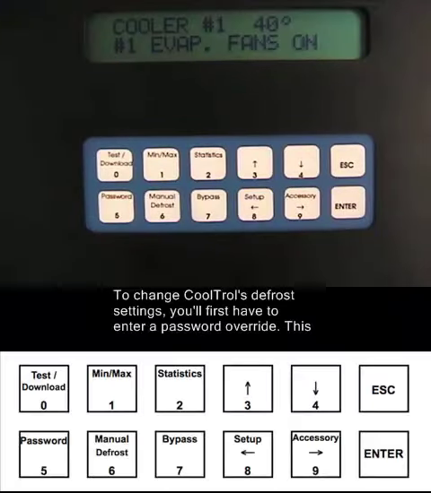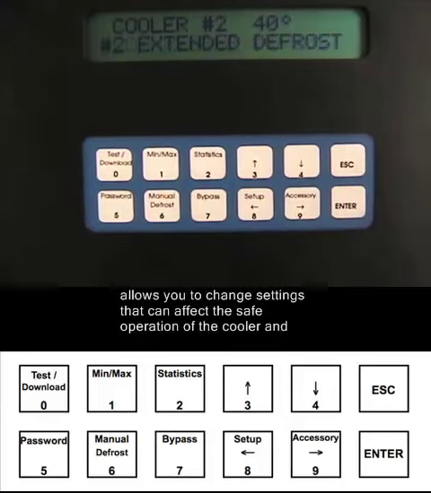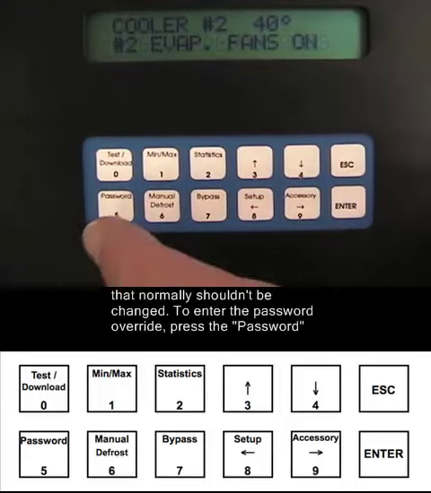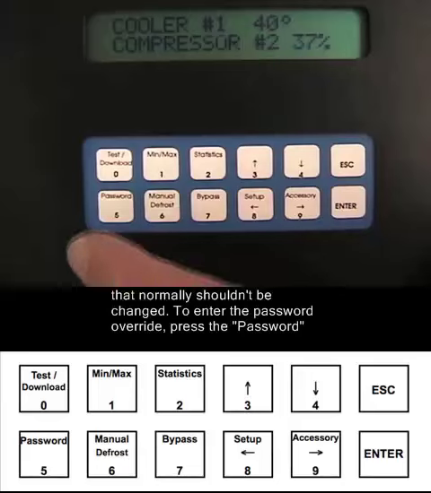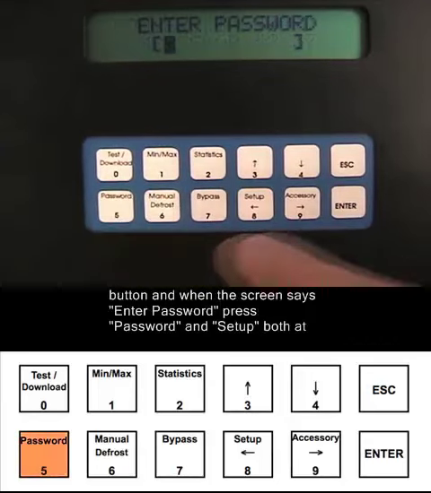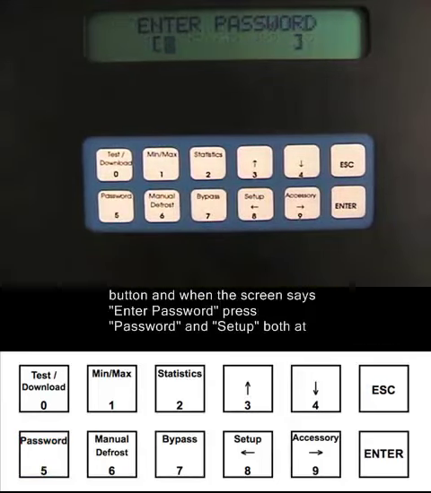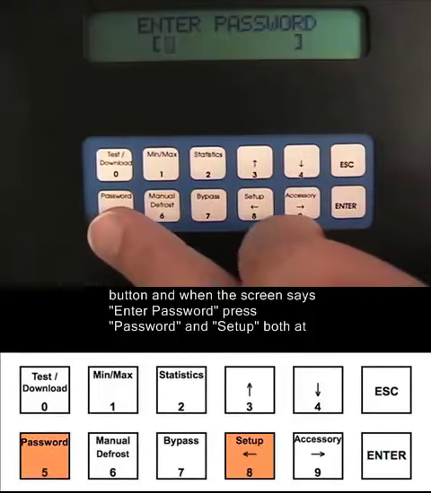To change CoolTrol's defrost settings, you'll first have to enter a password override. This allows you to change settings that can affect the safe operation of the cooler, and it normally shouldn't be changed. To enter the password override, press the password button, and when the screen says enter password, press password and